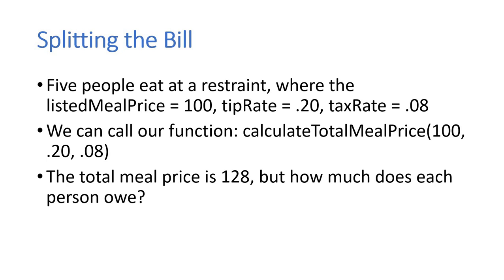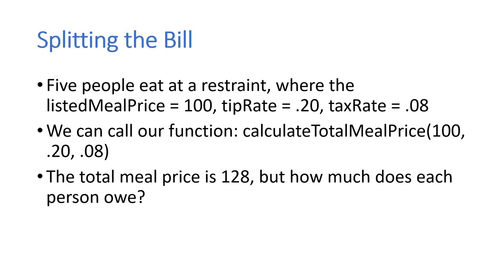You want to tip 20% or 0.20 as a group, and the sales tax is 8%, 0.08. With the function you created in the last video, we can calculate the total meal cost, which will come out to